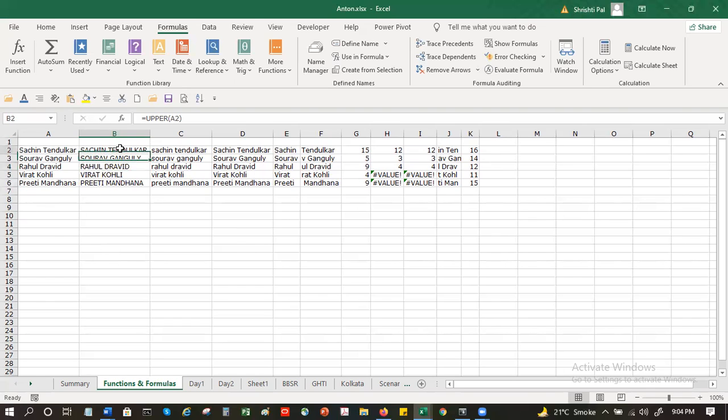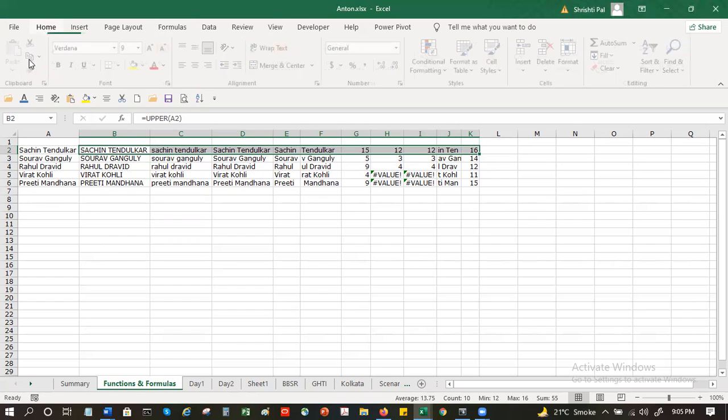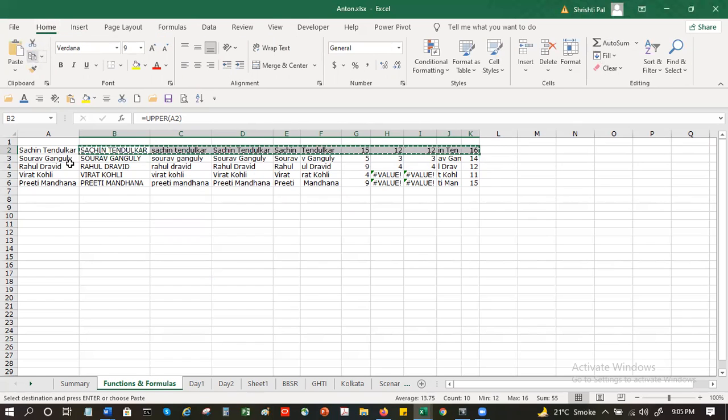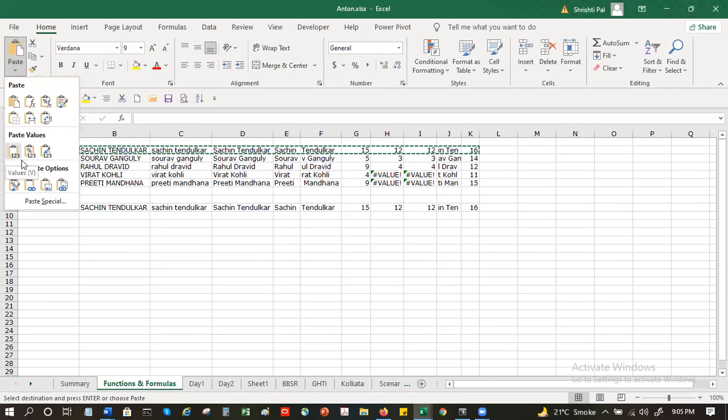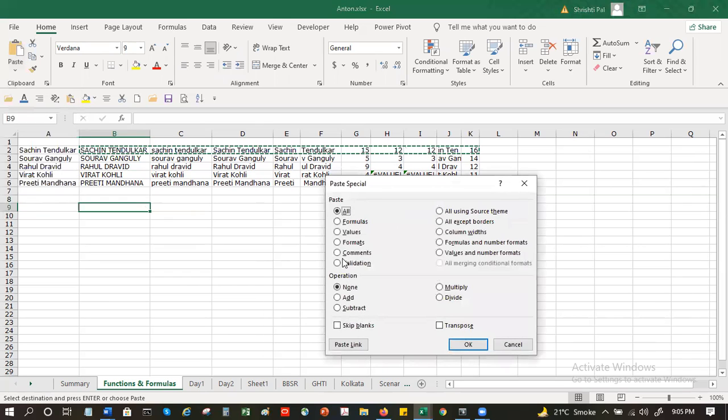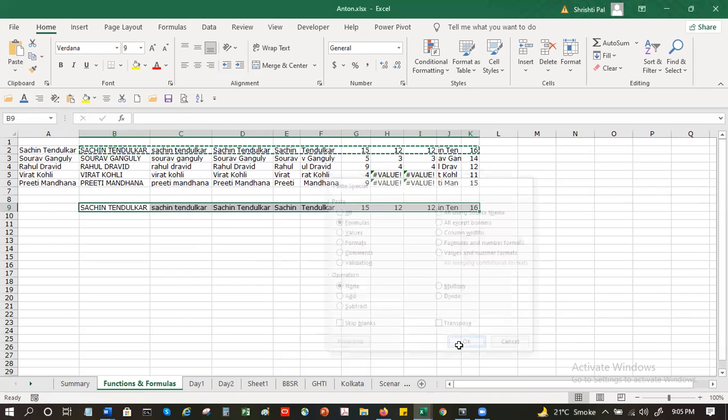Now, let's say I copy this function. I click here, go to paste special, and there's paste the formulas. Okay.